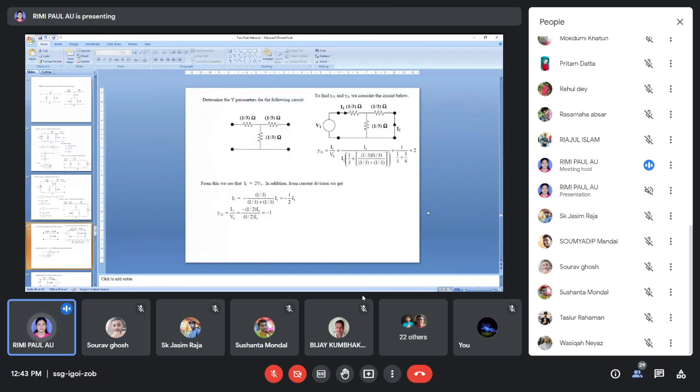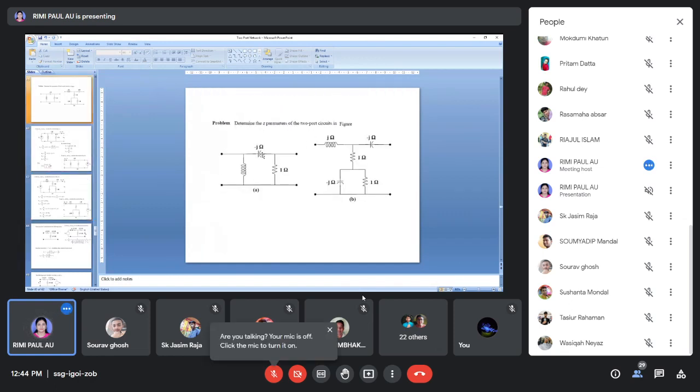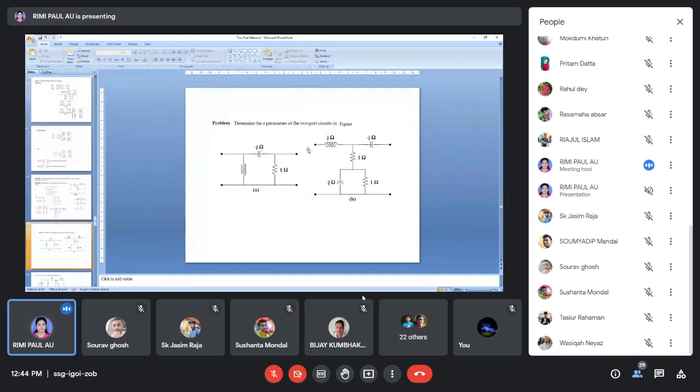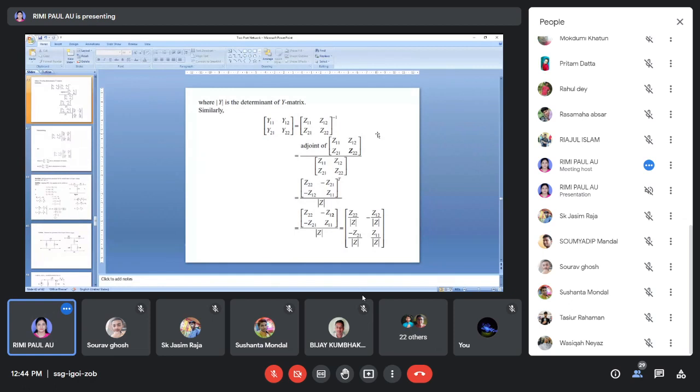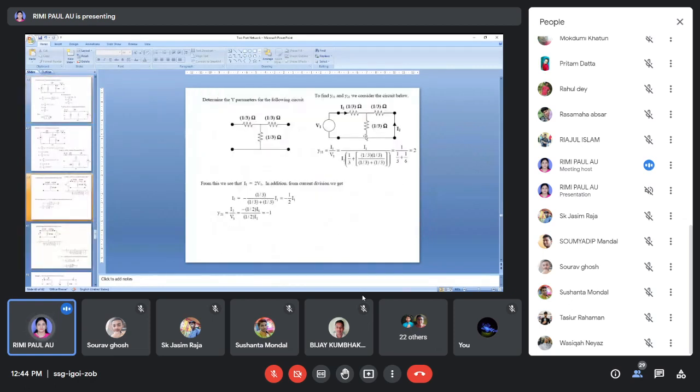Next is this circuit. This circuit is easy because you can also see this type of T network circuit in your lab manual. So I am showing you because you have to solve your problem before coming to your lab. Already I told you how to solve the pi network. Here you will get resistance, here inductance and capacitance are present. The same way you have to solve. Already I have shown you the T network for ABCD parameter, right? Now today I am showing you for Y parameter how to solve it.